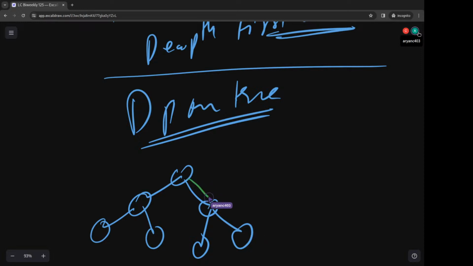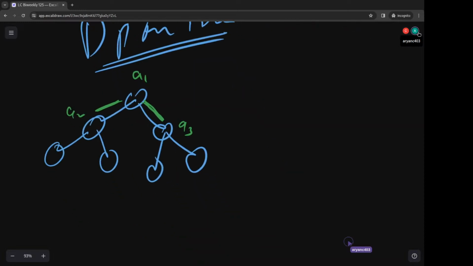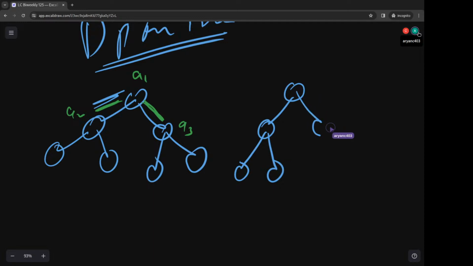So for example, let's say we have chosen this edge and we have chosen this edge. What happens? If these values are A1, A2 and A3, let's say we first perform the operation on this edge. Then the updated values become A1 XOR K, A2 XOR K and A3, and I am not changing anything over here. And now if we perform an operation again on this node,